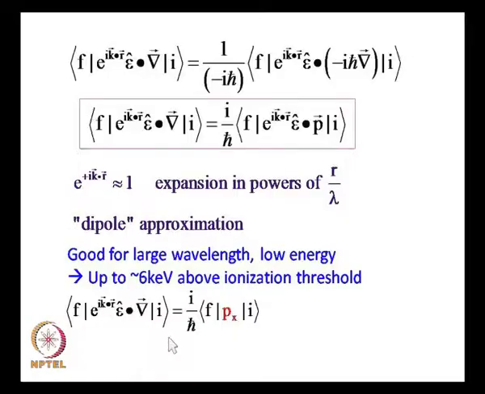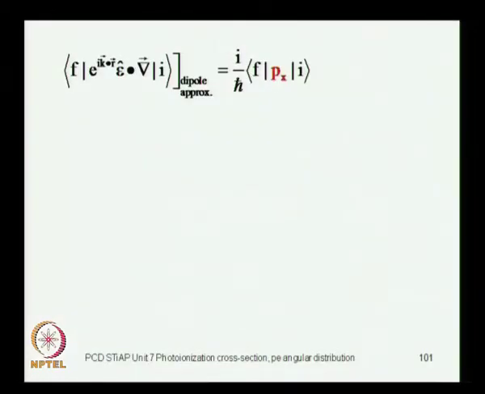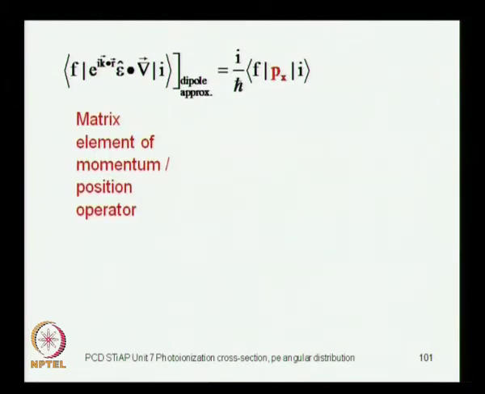So, the last expression that you see over here is appropriate within the dipole approximation, although one has to go beyond the dipole approximation, but that is a matter of detail. So, now we have an expression in the dipole approximation for this matrix element, which enters our expression for the differential cross section,